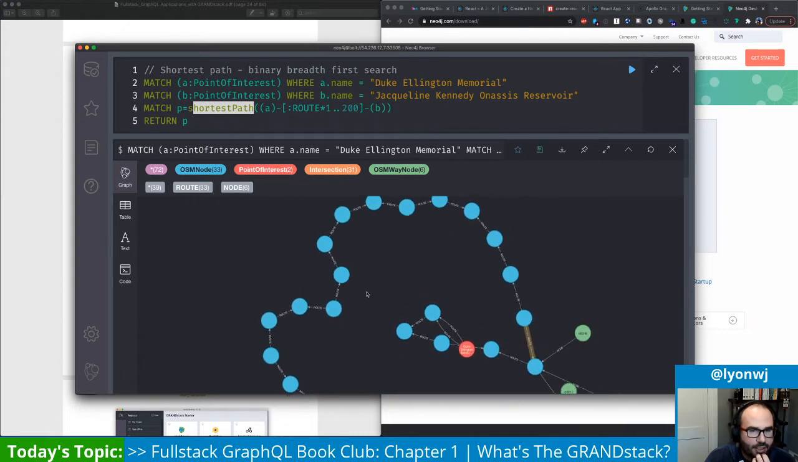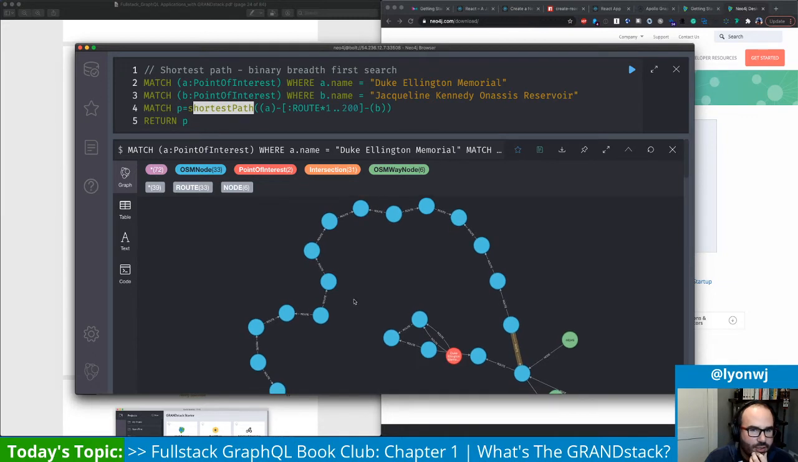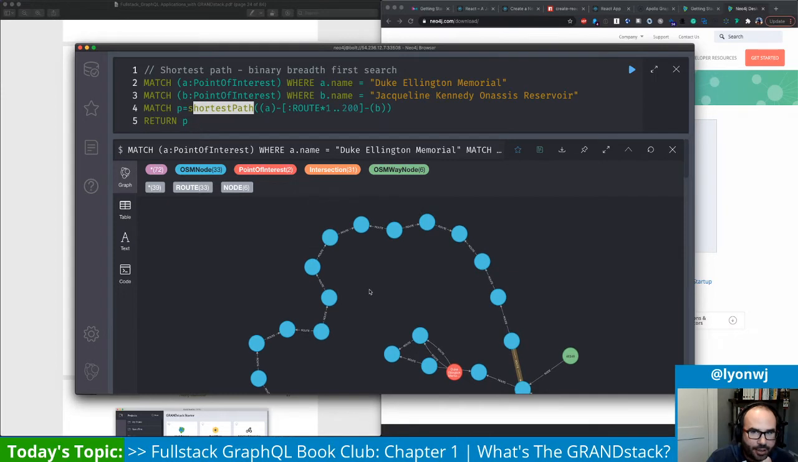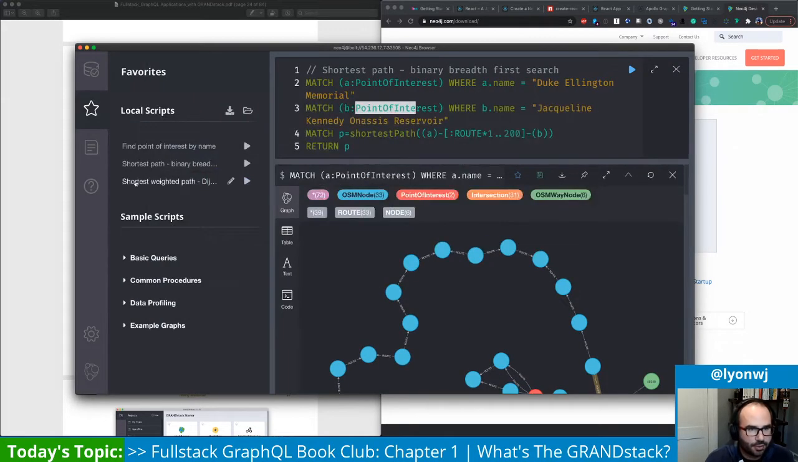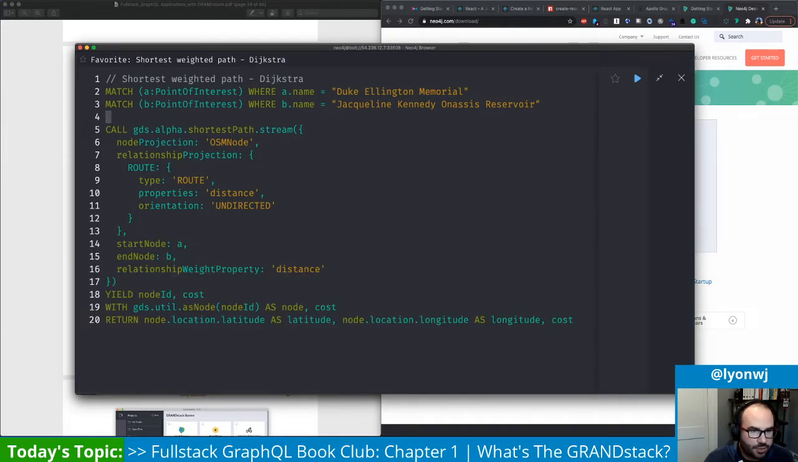It's not necessarily giving me the shortest weighted path. So in distance terms, it's not necessarily going to be the optimal route that I want to take. So in that case, we may want to use, and I'll jump to this query, what's called Dijkstra's algorithm. So Dijkstra's algorithm is a shortest weighted path algorithm that we can use in the GDS